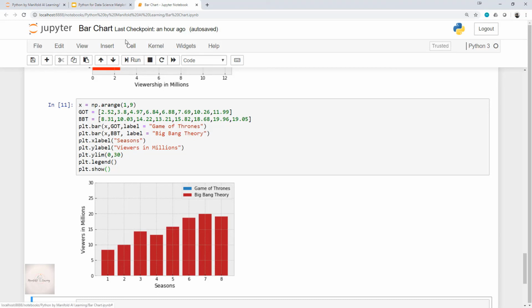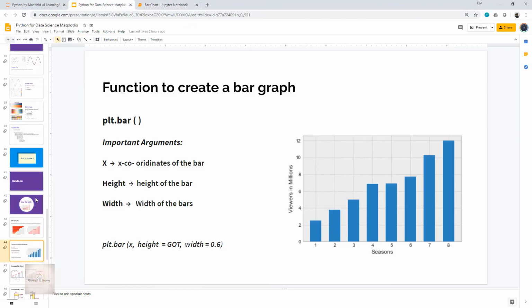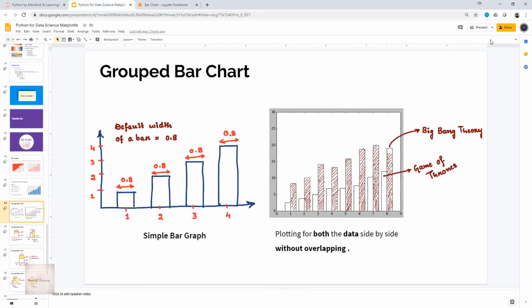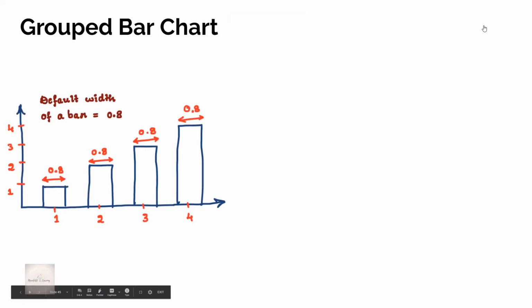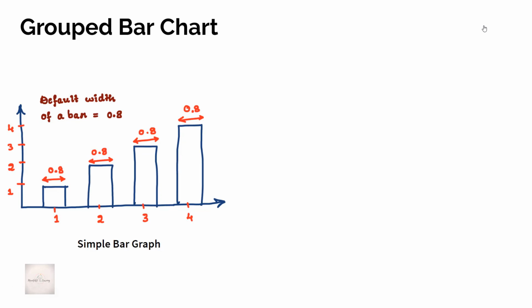Guys, if you remember, we learnt before that the width of the bars will have some default value. Even though you don't define the width in your code, the width of the bars will still be considered as 0.8. Now observe here.